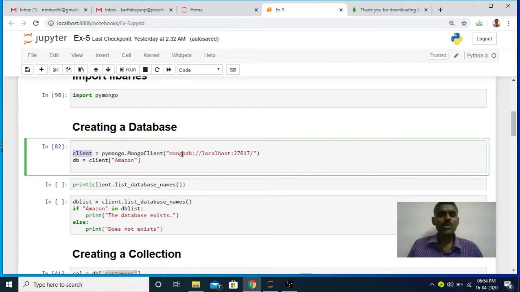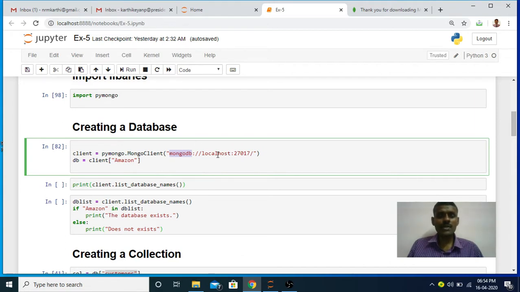The first one is the protocol. Here the protocol is mongodb. I want to connect my application to the MongoDB database server. That is why I gave the protocol name as mongodb. Suppose my application wanted to connect with a web server, I would need to change the protocol name to HTTP. In this case, I want to connect with the database server. The database server is MongoDB. That is why I gave mongodb. For example, in the previous lab experiment, web scraping, your application was connected with the web server. That is why you gave HTTP.